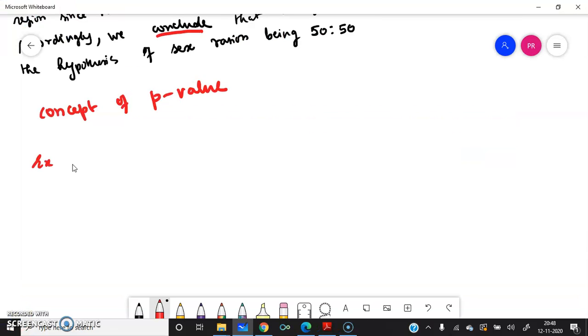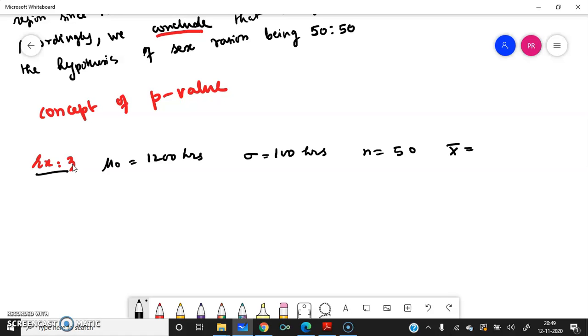This is our example 3. What is given in the question, we will write down. In the question, mu naught is 1200 hours, the population standard deviation is 100 hours, the sample size is 50, and x bar, the sample mean, is 1180 hours. So this is the information given in the question. What is the sample mean? The population mean is 1200 and population